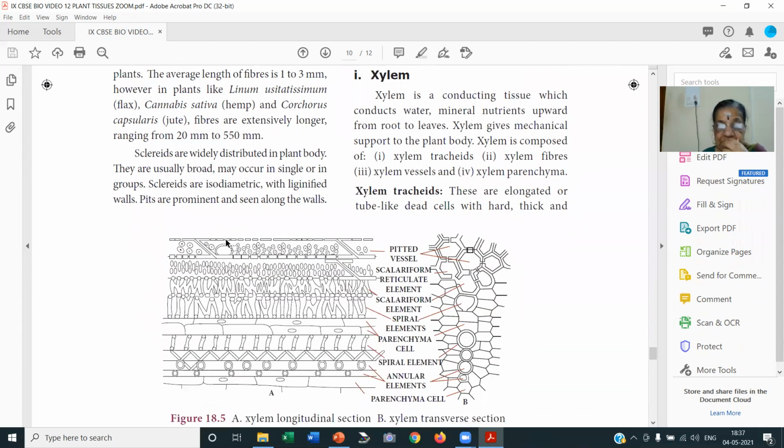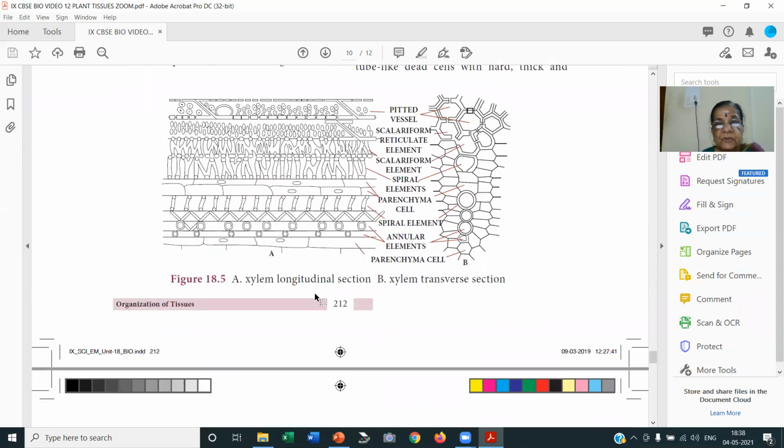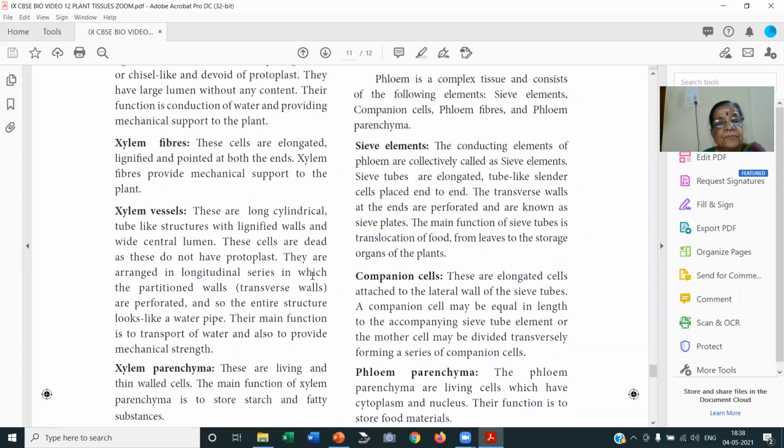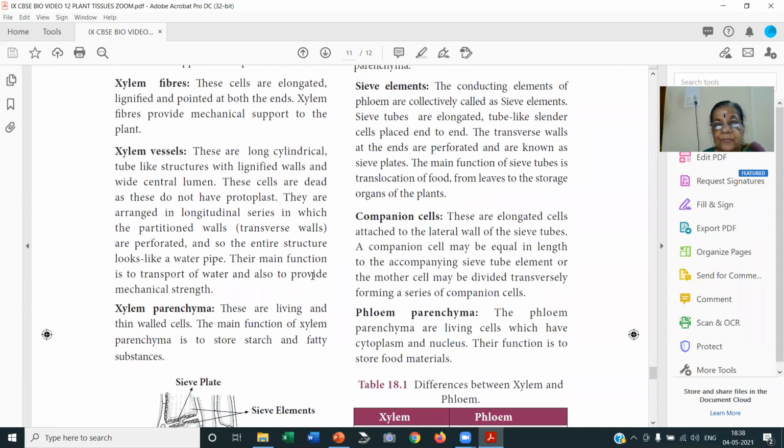Okay. Now come to xylem. Xylem, as we learned, has 4 types. Look at how we studied the thickening; here we have drawn it horizontally. What are the types? Pitted, scalariform, reticulate. Can you see? The first one is pitted, this is ladder form, scalariform. The third is reticulate. Then spiral. I hope you understand. This is the thickening of the plant tissues, right? And then xylem fibers, xylem vessels, xylem parenchyma, right?